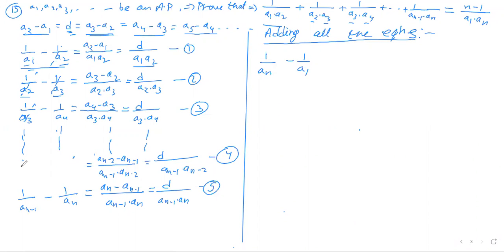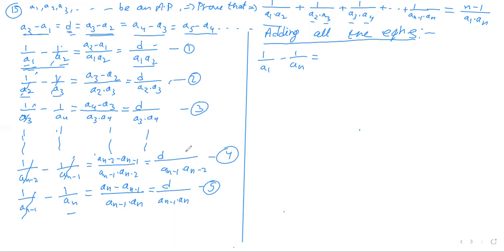An minus 1 is cancelled out, an minus 2 already cancelled out. So 1 by an and 1 by a1 from the first equation remain. If you do something wrong, you can check it directly. 1 by a1 from the first term and 1 by an from the last